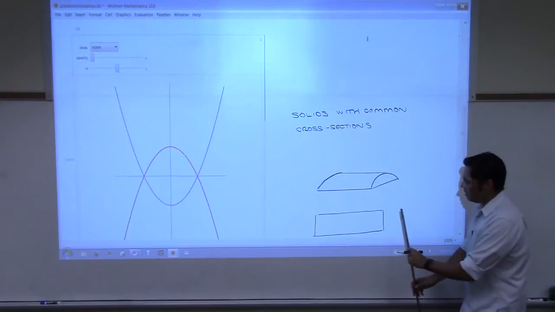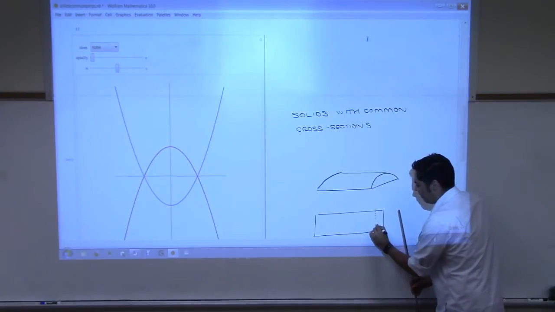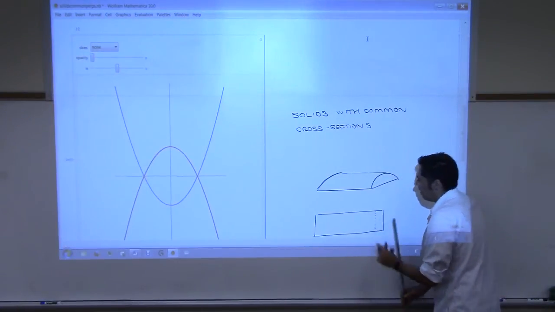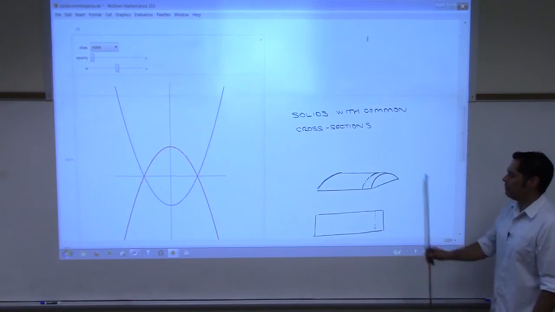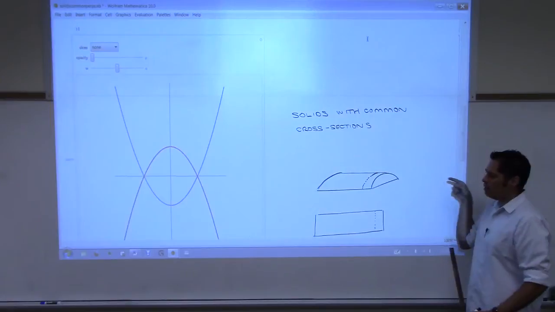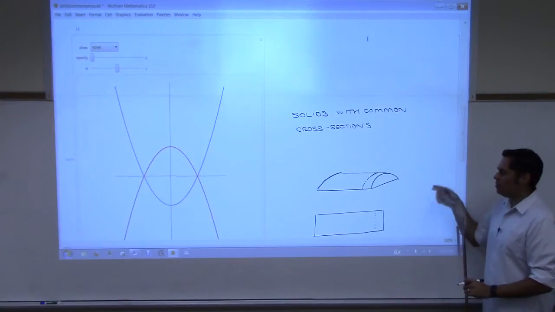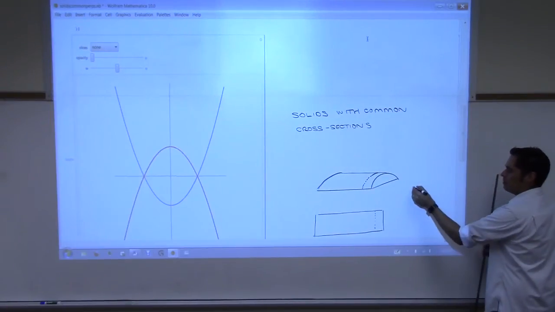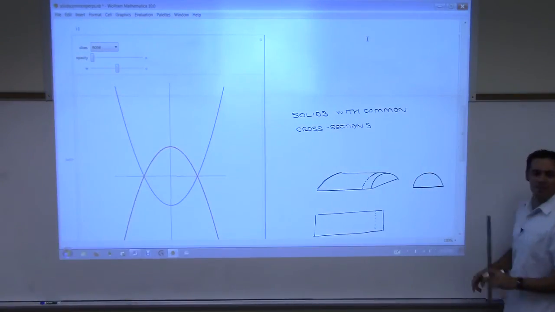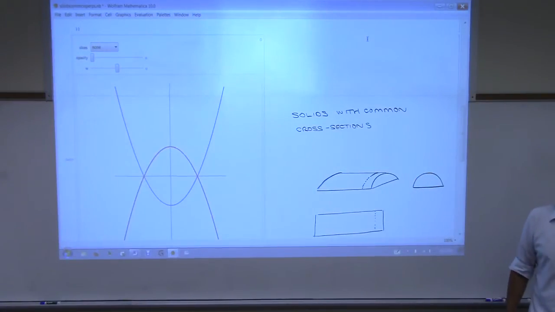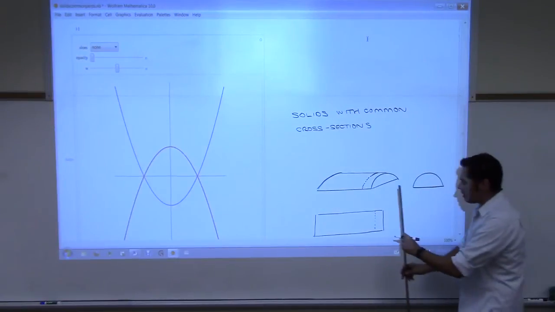If I were to make a cut right here, slice through it, it would be the same as cutting it through there, right? And if I cut that and took that piece off and looked at it from the side, what would it look like straight from the side? Like a rainbow, a little semicircle, right? And no matter where I cut it,